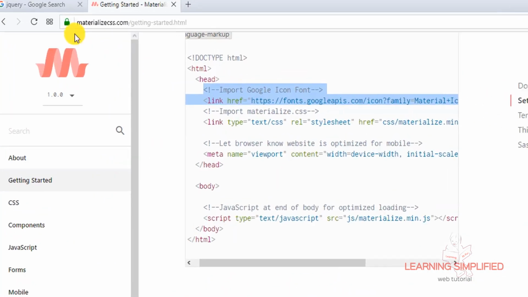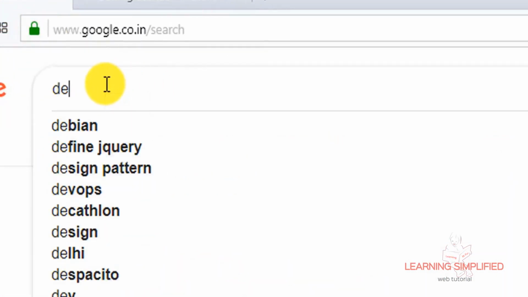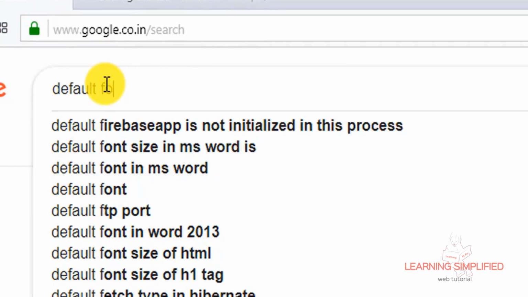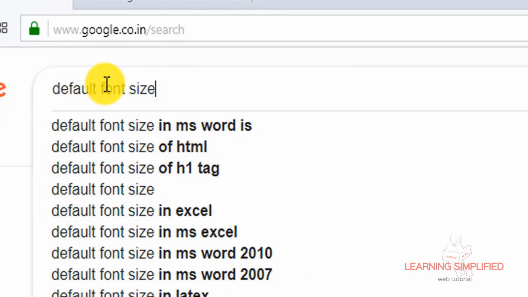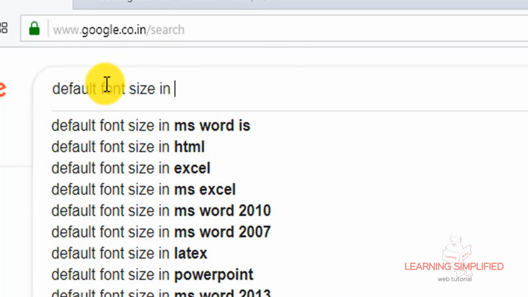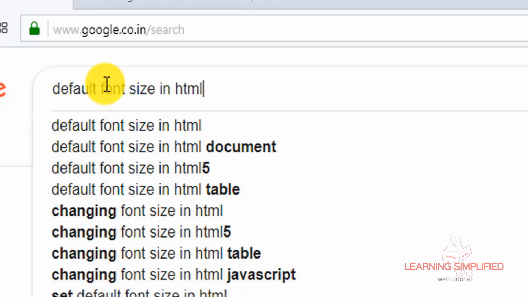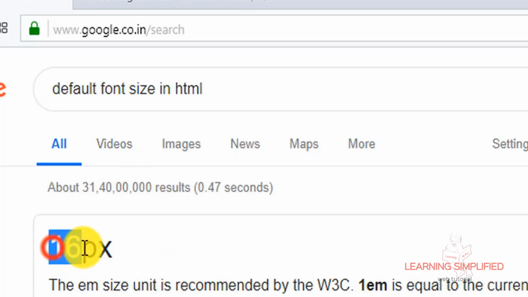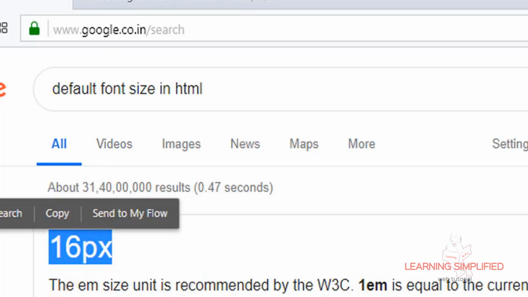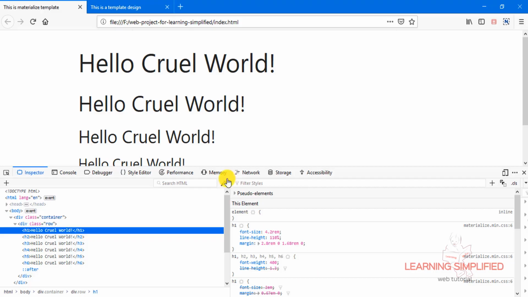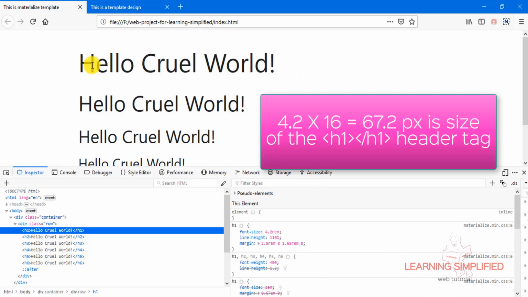If we get back to Google and ask for the default font size in HTML, it says that it is 16 pix right over here. That means the default font size is always set to 16 pixels, and the current font size being used in this h1 tag of Materialize is set to 4.2 times 16 pixels.